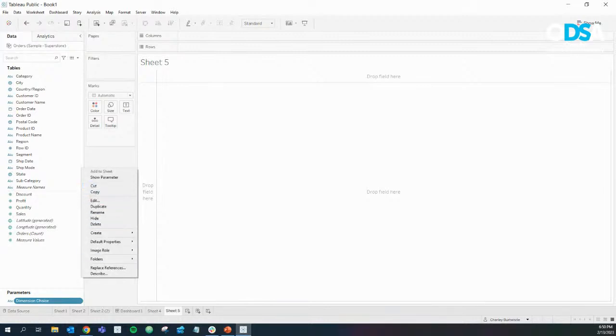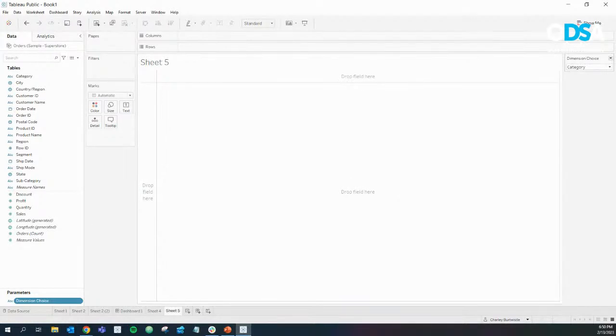We can click this, let's go show parameter. And right now this is really, really boring. It's not tied, we're not using this parameter anywhere, right? But we can see we have one created and we can click between ship date and category. Now all that's doing in the background is saying dimension choice equals category. Now it's saying dimension choice equals ship date. So we can use this parameter in the fact that dimension choice equals ship date or dimension choice equals category